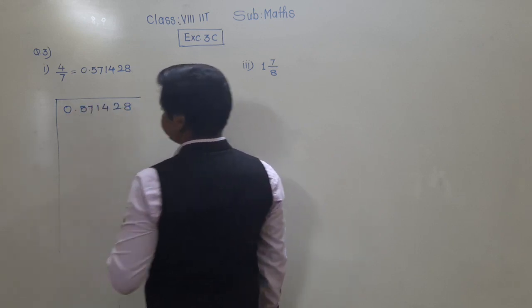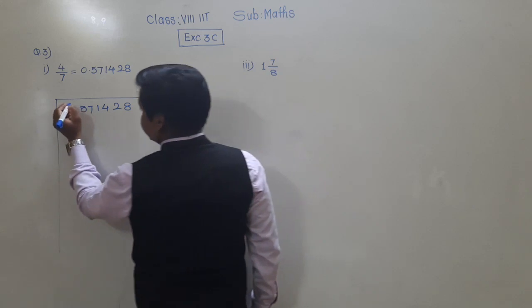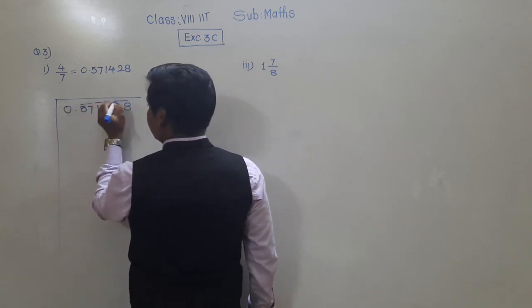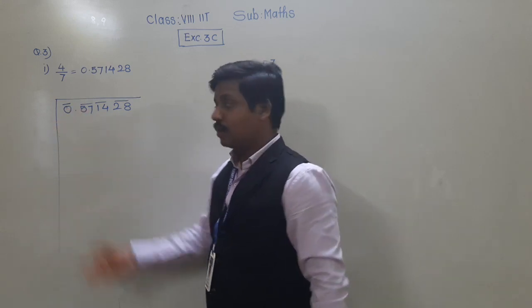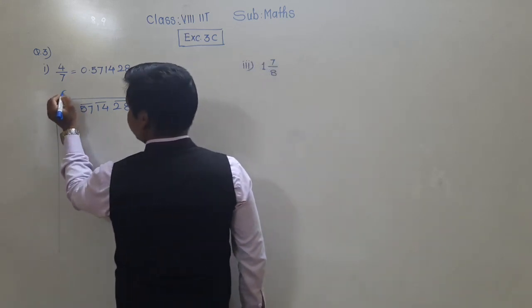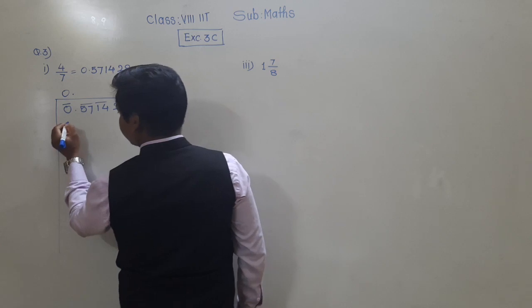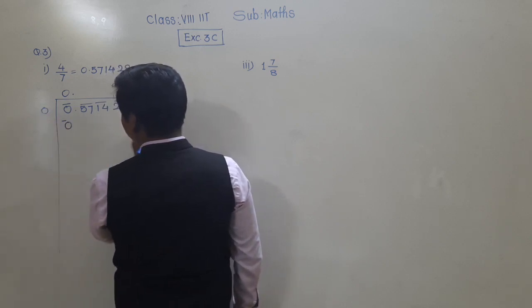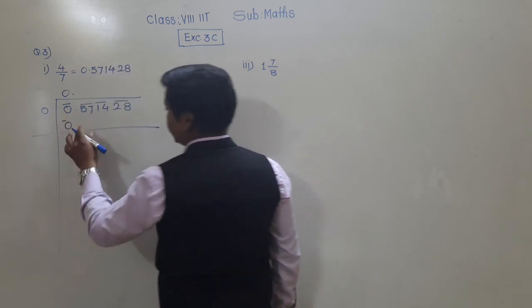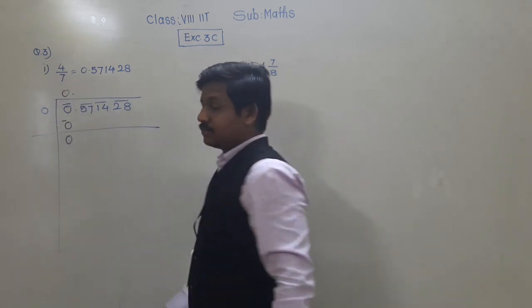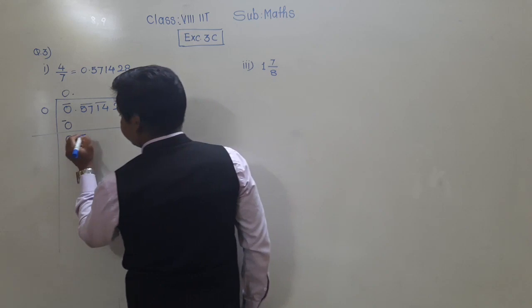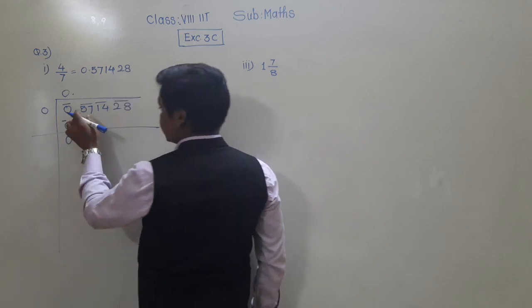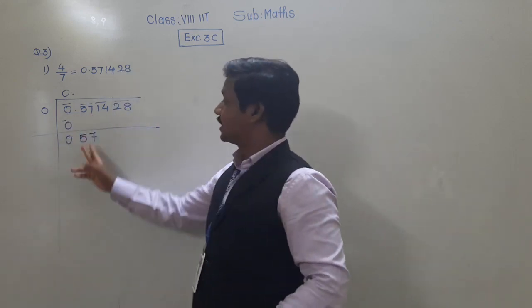Now take this number and let us find its square root. 0.571428. Let us make groups in this. In the whole part, since there is 0, obviously in the quotient there will be 0 first. If we skip this step, it is also okay, because this doesn't have any meaning. 0 will come first in the quotient. Then give the decimal point and then take down 57, the first group after the decimal point.